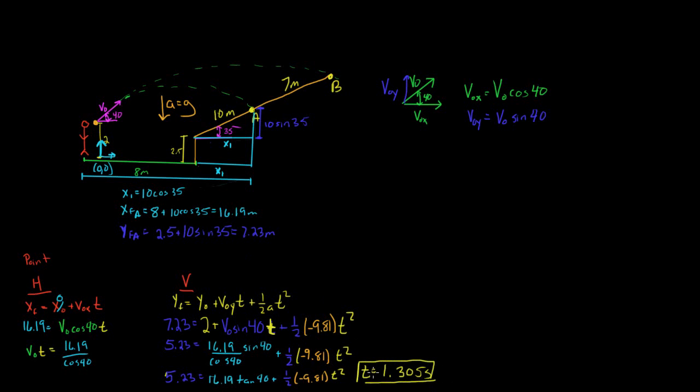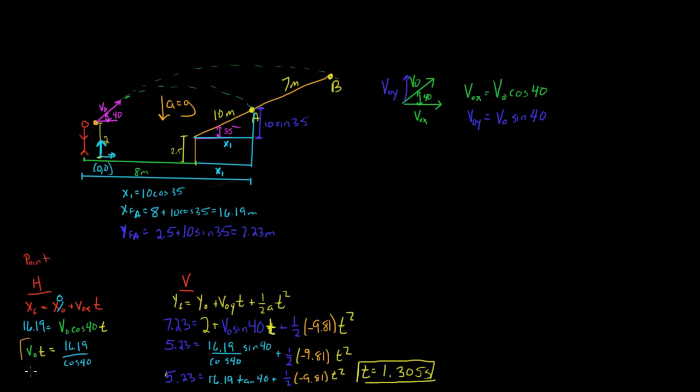Now, the other root you'd get is a negative 1.305 seconds, but because we're interested in this specific application of how long it takes, a negative value doesn't really do us any good, so we're just going to take our positive root. Now, we aren't done yet. We're trying to find this velocity. So we have this